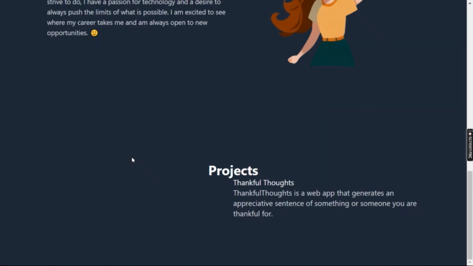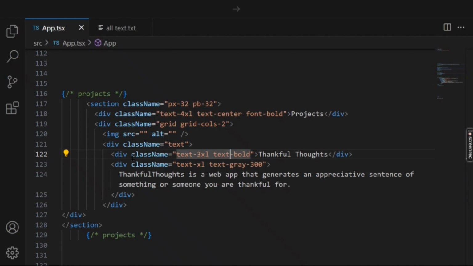Let's give it a text of 3XL, and the semi bold is not working. I think we have to find how we can bold our text. So font will be bold, I think. Yeah, that's it. And give the padding on the y-axis of 5, and after that